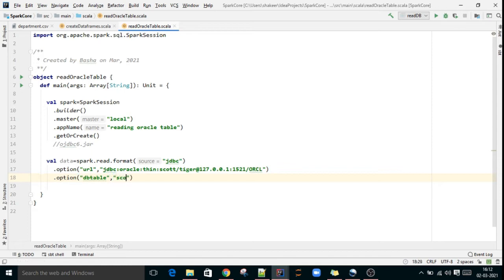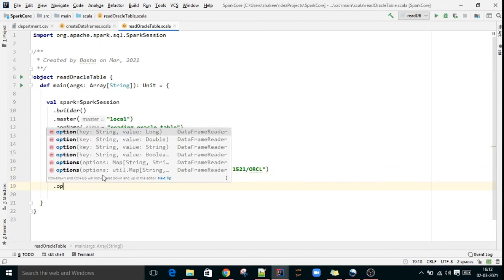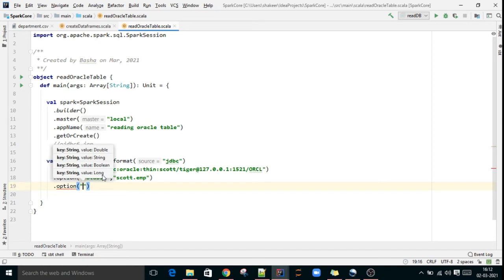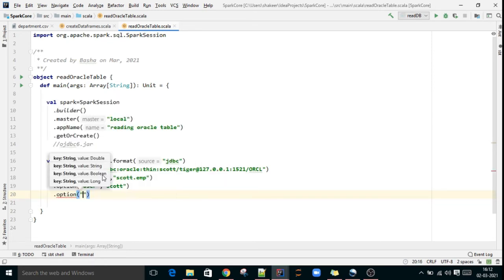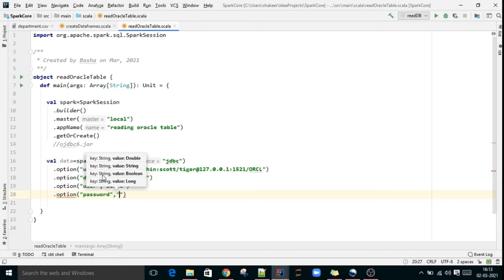The scott schema employee table I want to read. Another option: username, user equal to scott. Option password, tiger.